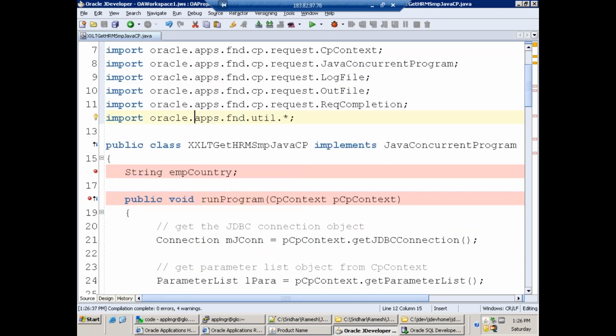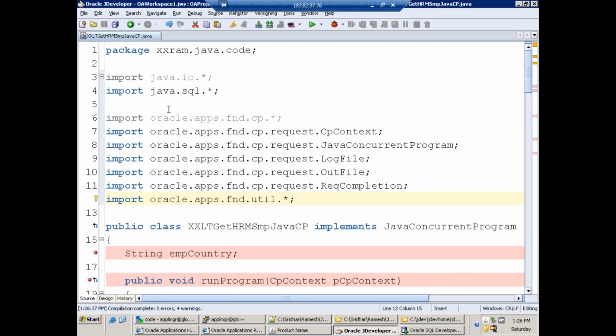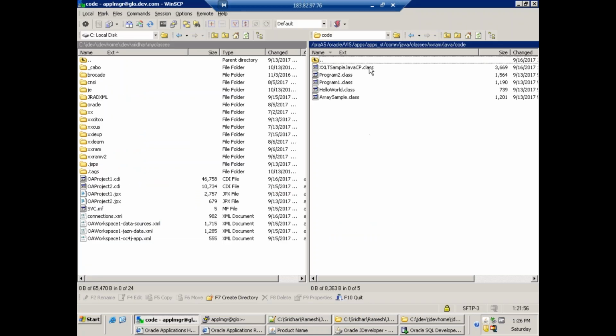I'll just compile it. The next step is to move this Java concurrent program to the specific directory in the Java top. Based on the package in which you created your Java program, you have to copy it to the respective folder. In my case, I created the Java program in the xxram Java code. So now I'll go to my classes, xxram Java code,